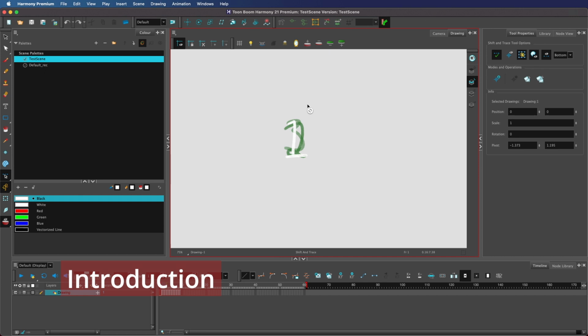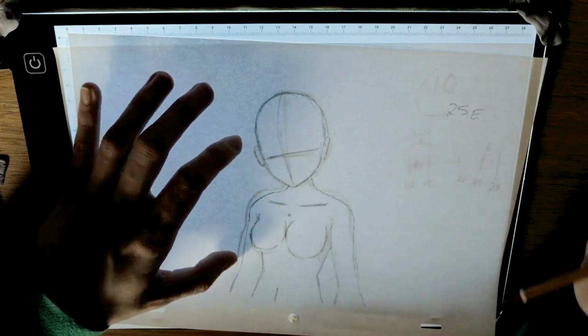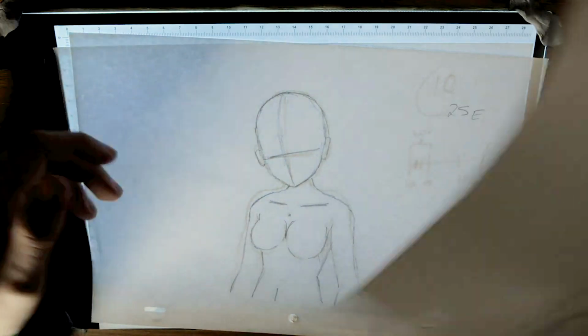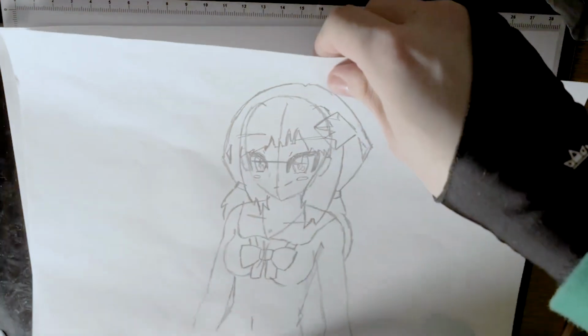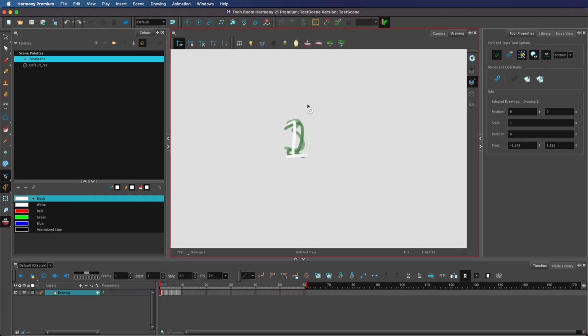As stated in the camera view Shift and Trace video, card in the corner, the idea is to mimic a feature of traditional animation, where you can move your paper around and then trace your drawing in a different position. On the final scan of those drawings, the paper returns to its original position. This video specifically covers the old version of the tool. If you want to know how the new version works, again, click the card in the corner to see the new version of the tool.